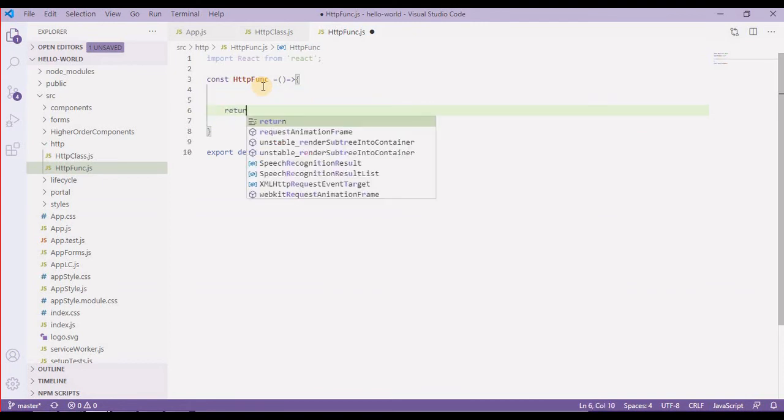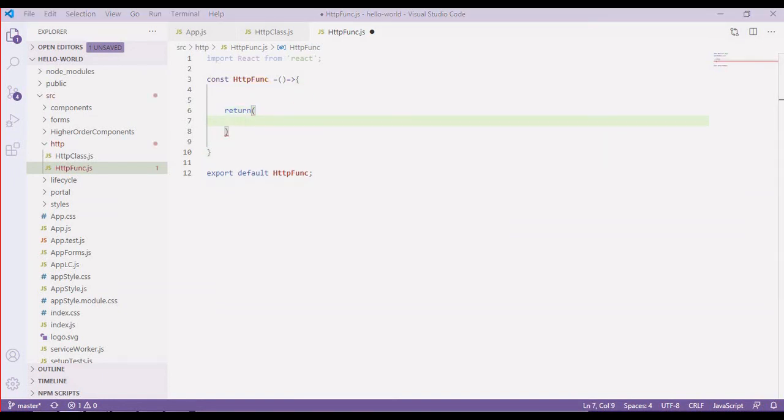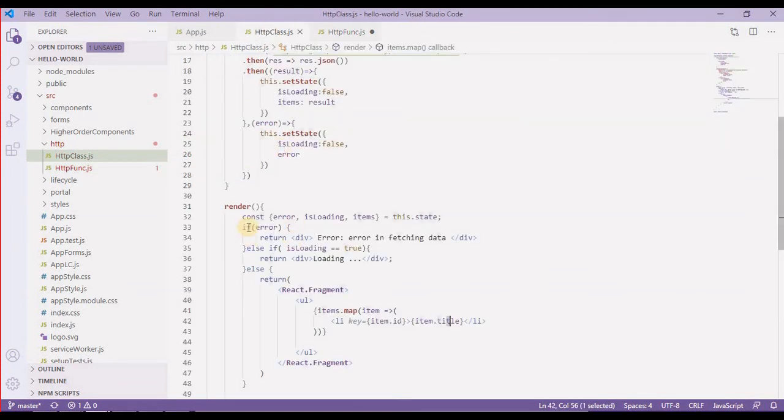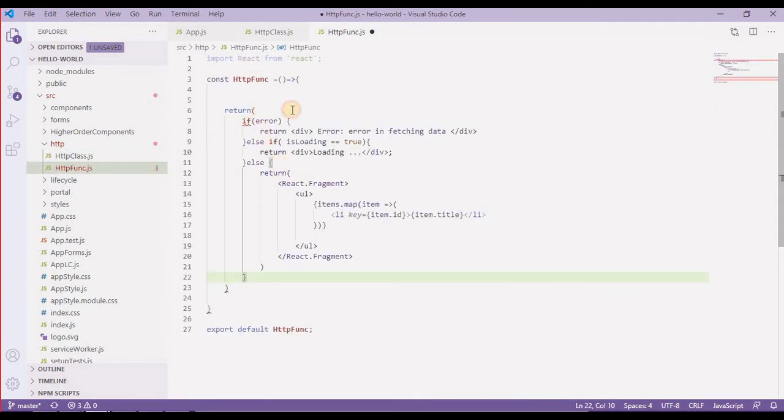So return, for the time being I'm going to copy all this stuff from here, like if error and else if, all this part. I should remove this return from here.